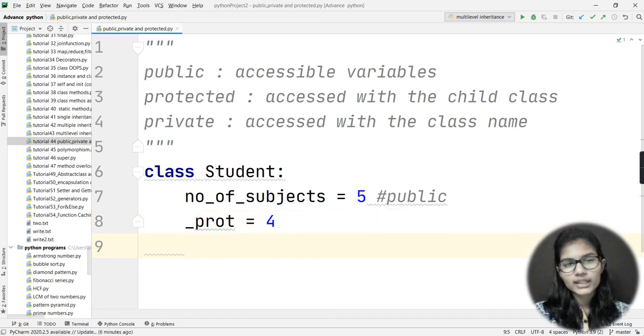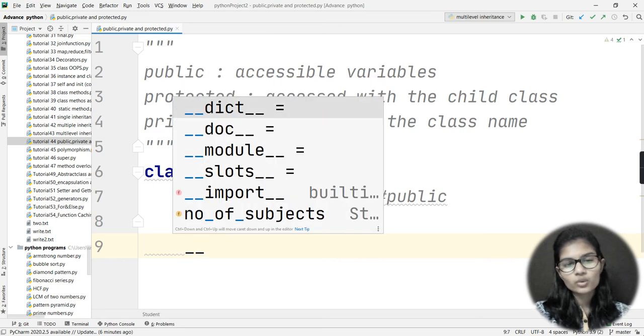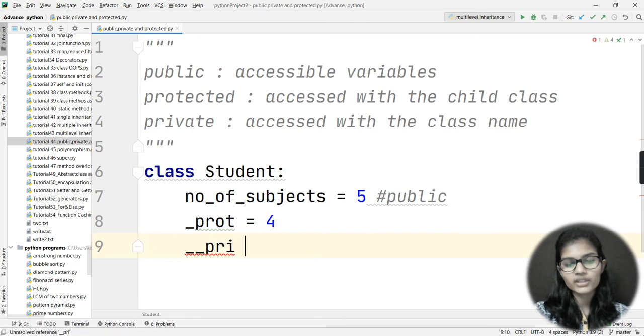Now if I want to declare a private variable, which can only be accessed with the help of the class name, whenever we use two underscores and simply write PRI, this means that I am declaring a private variable.